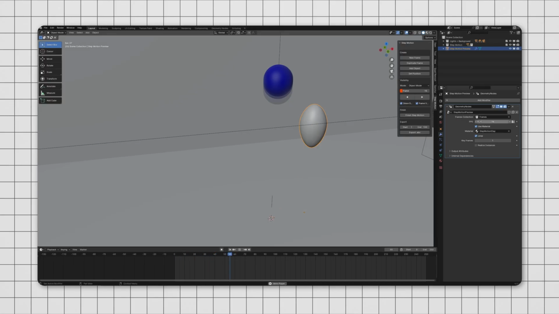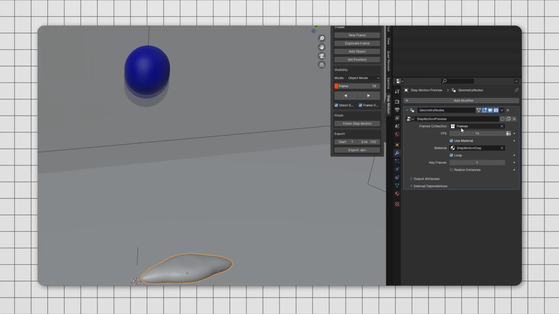Now for the Step Motion Preview, it shows your frames in animation from the selected collection. FPS changes how fast it goes through all your frames or how slow. Use Material makes sure that the material underneath is shown on all of your frames. If you don't want this, flip this off and it will show all the different materials that you have selected for every single frame. Loop does what it says on the tin, it loops your animation,